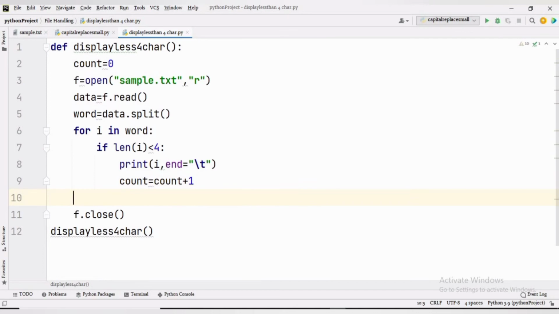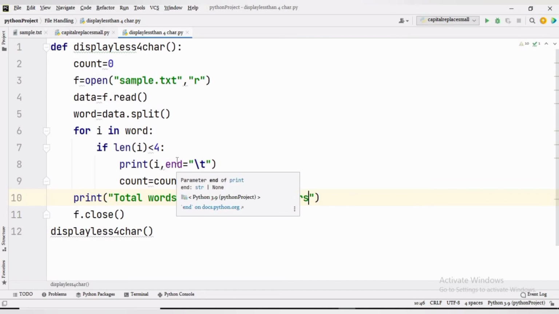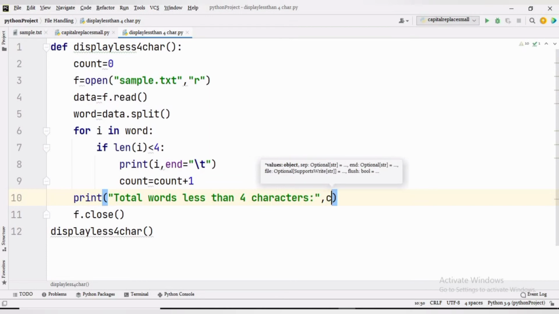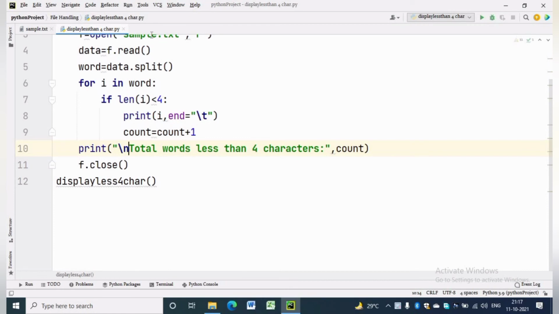Inside if loop we have to write count is equal to count plus 1, and outside for loop, to print the number of words we have to write print total words less than 4 characters, count. We can have a \n character in print statement, so that we will get the total number of characters in the next line.